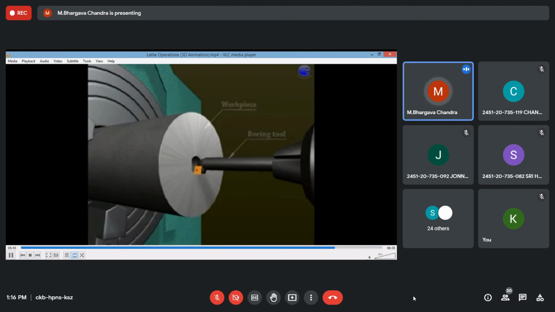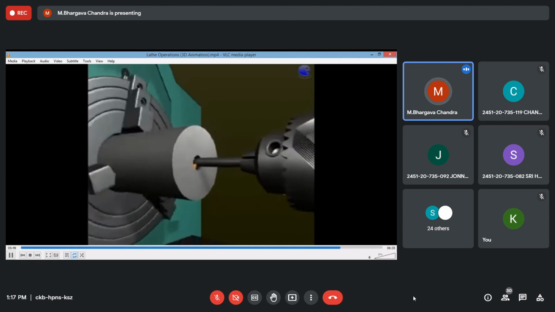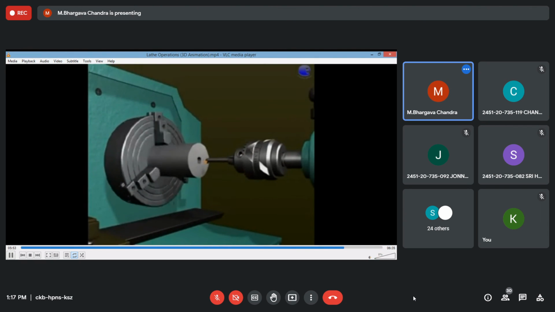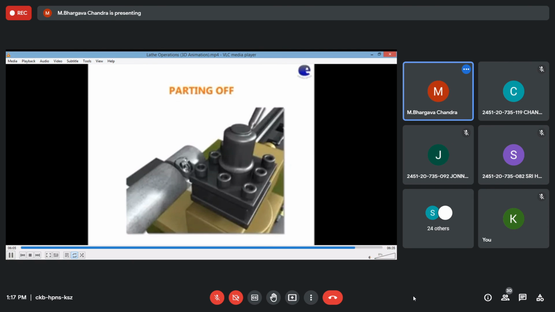So it is like internal turning. And gradually, the hole diameter is increased here by material removal. So the movement of the tailstock is important here. So you can create stepped holes and enlarged holes, etc.